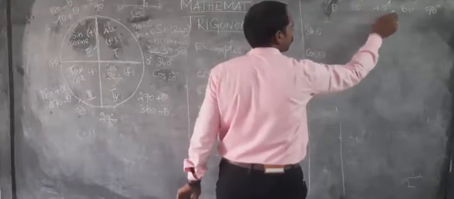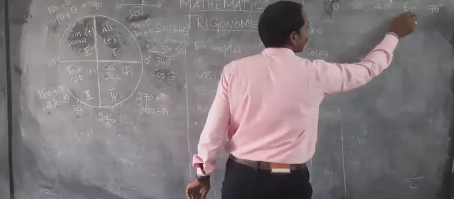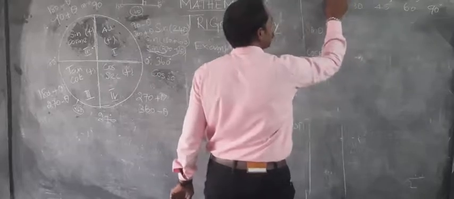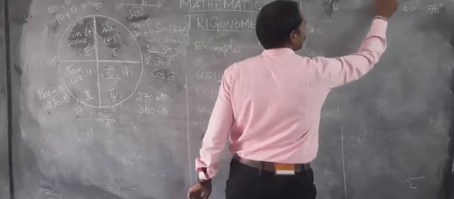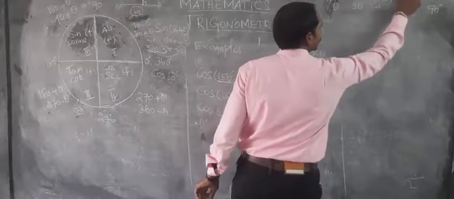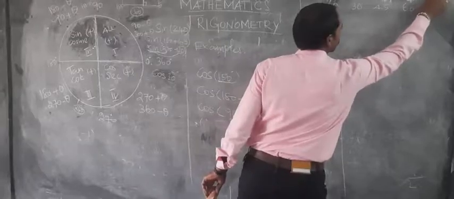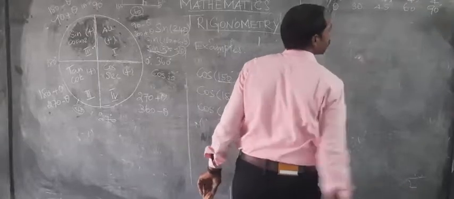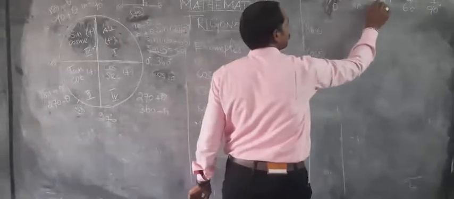So how you have to find the table value: here how many values? Here 1, 2, 3, 4, because it is 0. So I have counted 1, 2, 3, 4 like this. So 0 by 4, 1 by 4, 2 by 4, 3 by 4, then 4 by 4. Likewise, you have to write. Then you put all the roots.